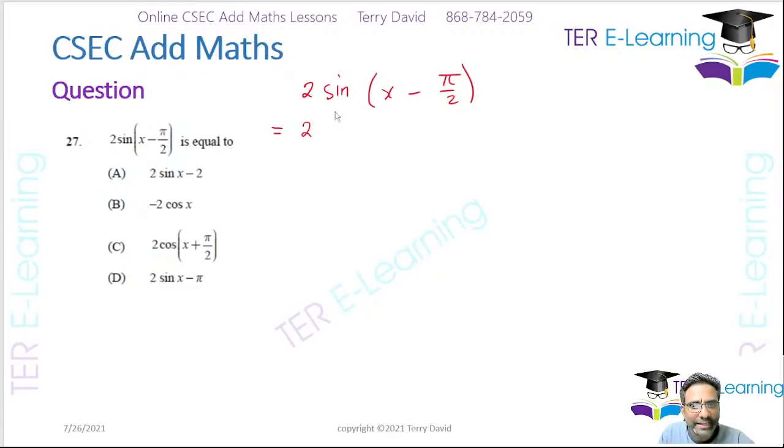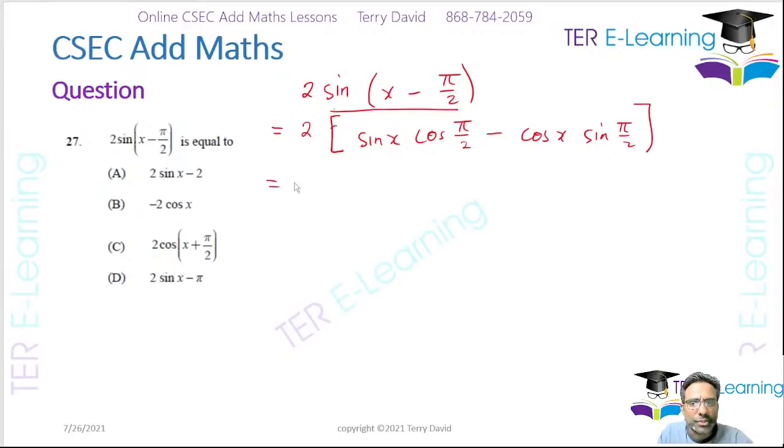So I'm going to expand this. Let's leave the 2 on the outside. So it's going to be sine x cos pi over 2, minus cos x sine pi over 2,